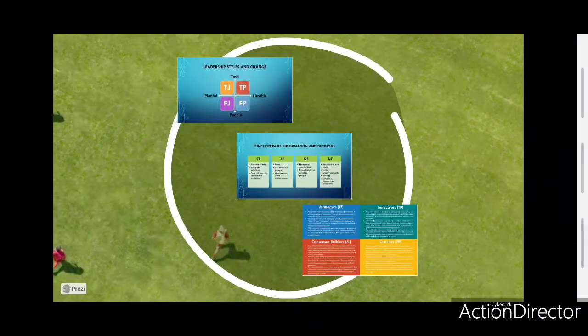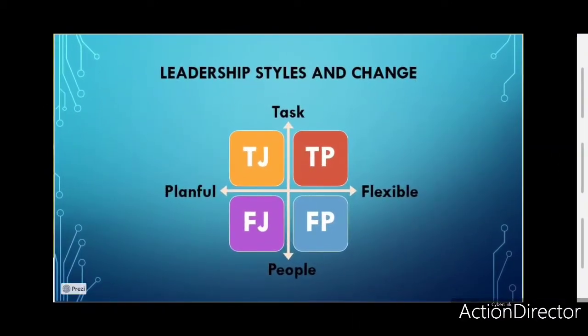And we come to the last part of the presentation. Very briefly, I'm going to go over these three snips, these three images, because they come from our workshop and they can also shed light on your action plan. So, leadership styles and change. Change is a common theme in the Canadian Armed Forces. And here we have the combination of the TF dichotomy and the JP dichotomy. So decision making and time, organizing your time, and so on and so forth.